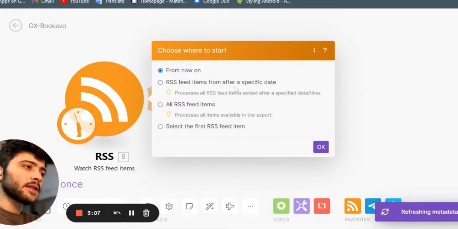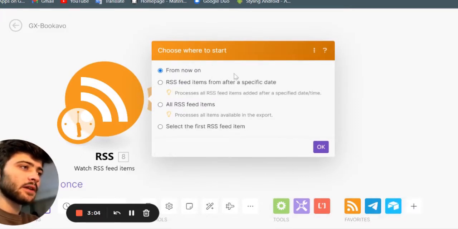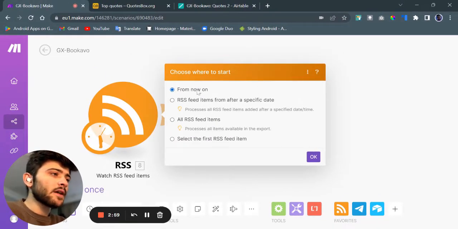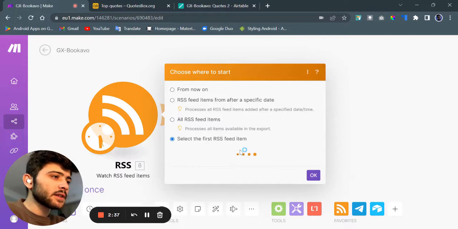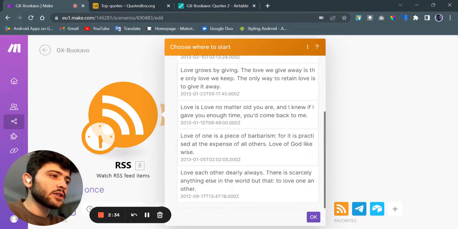Some additional steps you might set up here is to choose where to start this trigger. From now on, which means that this automation starts sending RSS motivational quotes from this moment that you have set up this automation, or maybe from after a specific date, all the RSS feed items, or select the RSS feed item. The resource I'm using has some old quotations. I'm just using this as an example, so I'm going to just select this one from 2012 to send more,